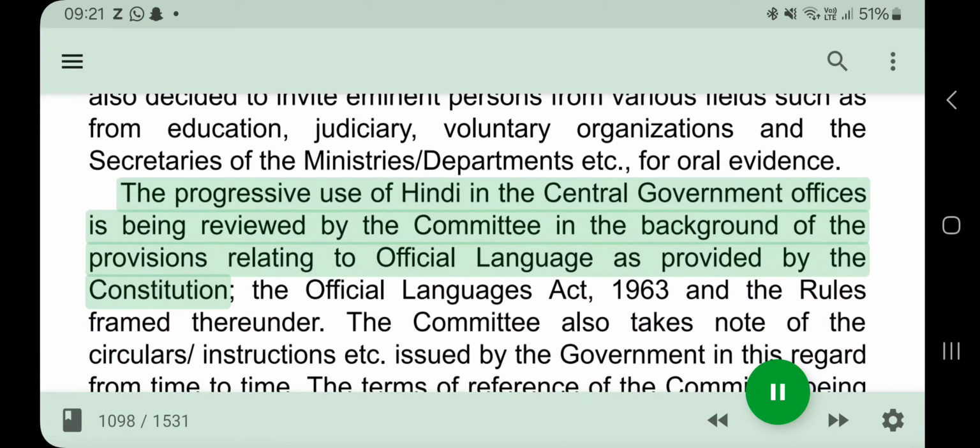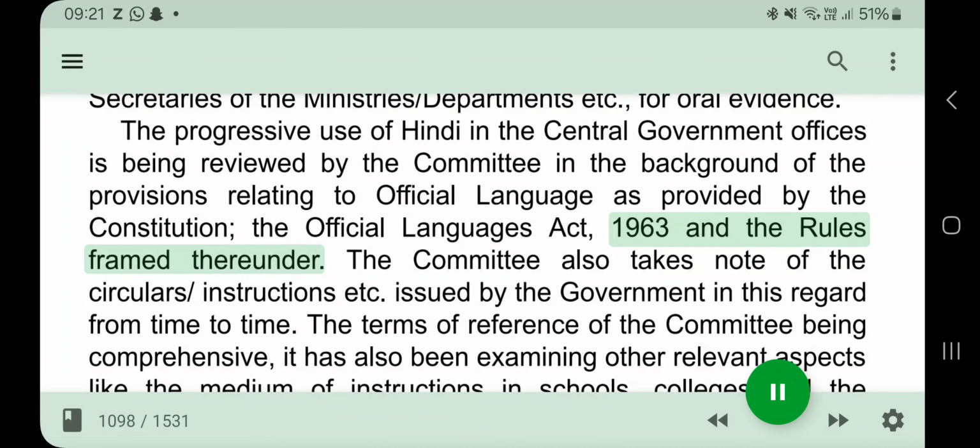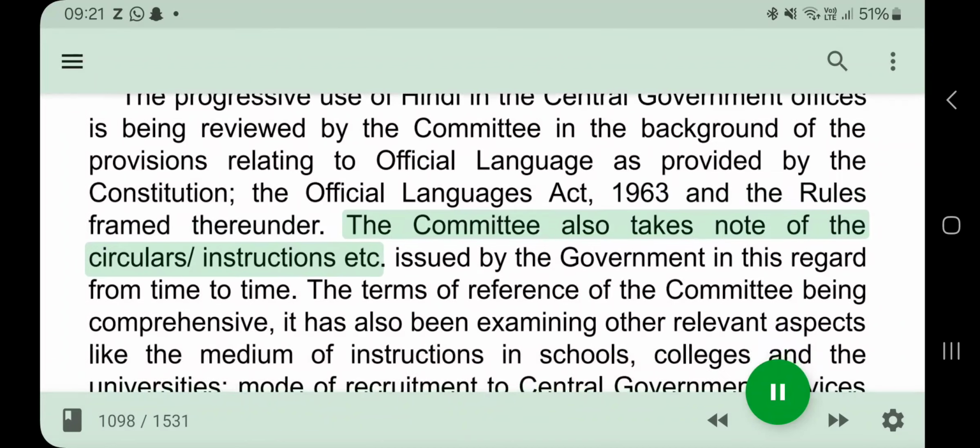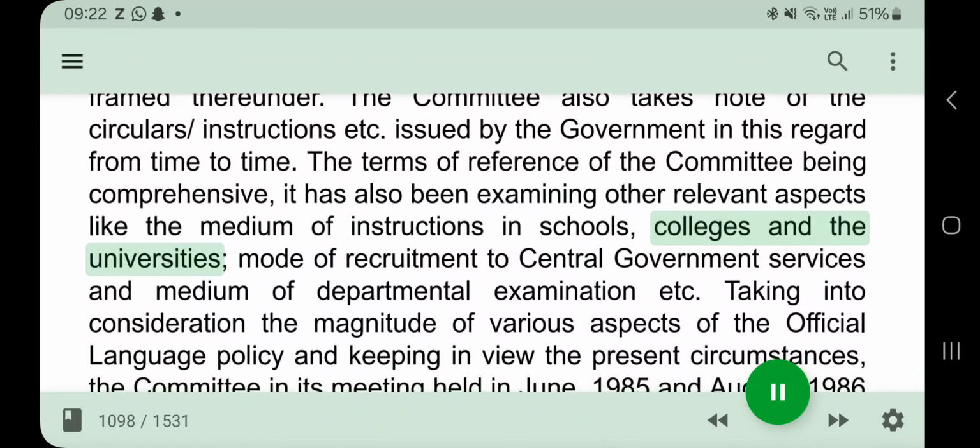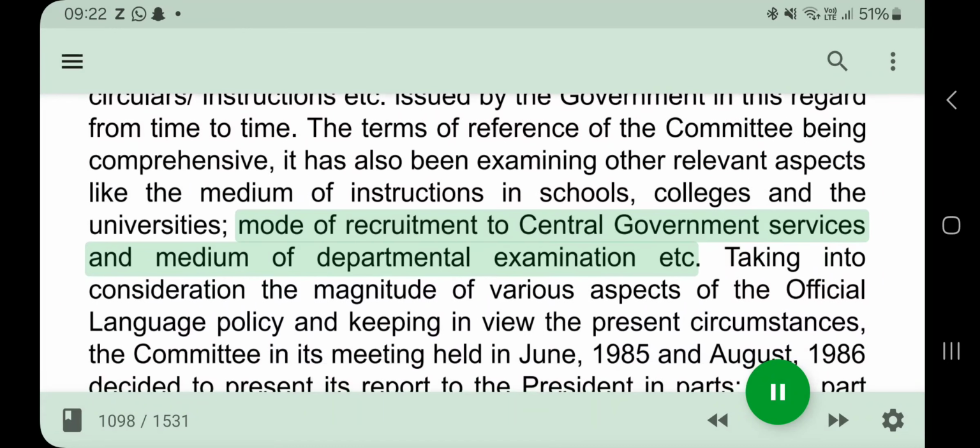The Official Languages Act, 1963 and the rules framed thereunder. The committee also takes note of the circulars, instructions etc. issued by the government in this regard from time to time. The terms of reference of the committee being comprehensive, it has also been examining other relevant aspects like the medium of instruction in schools, colleges and the universities, mode of recruitment to central government services and medium of departmental examination